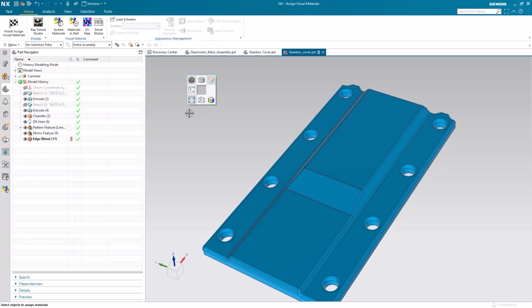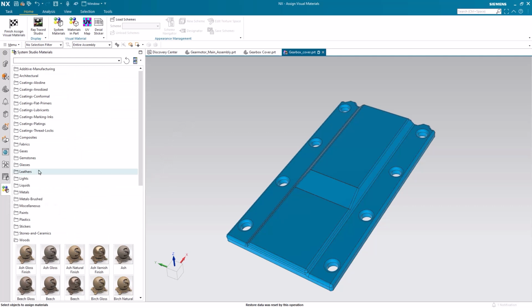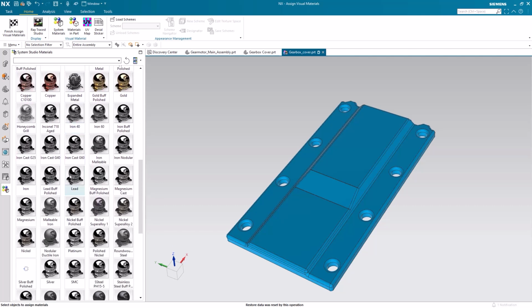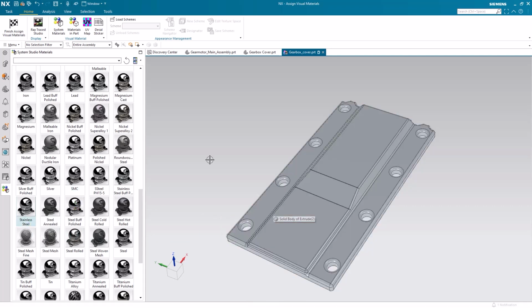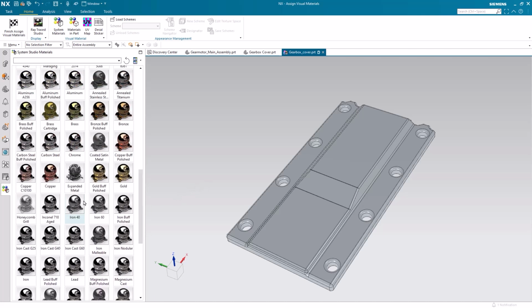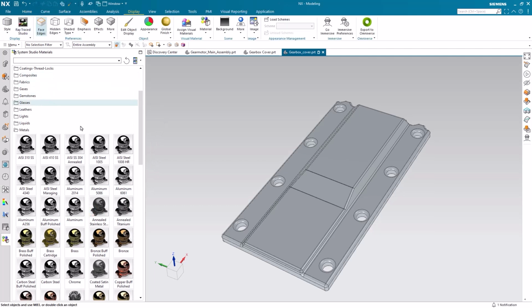On the flip side of things, assigning visual materials is important if you want to take your design a step further. First off, assigning visual materials is important for realistic visualization. Rather than just a stock color that can be chosen in the Edit Object Display, this ensures accurate material representation. Additionally, assigning materials is important for further simulation and analysis. When applying a new material, key qualities such as density, elastic properties, and thermal properties are included. This makes future testing with tools like Performance Predictor and Sustainability Impact Analysis more accurate and precise.